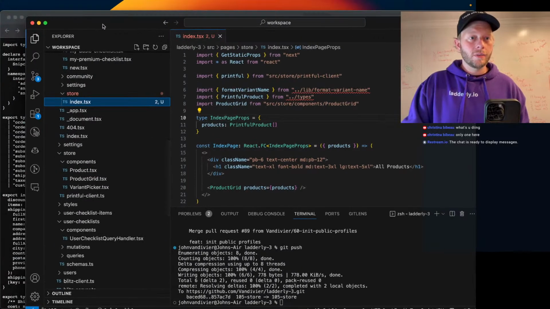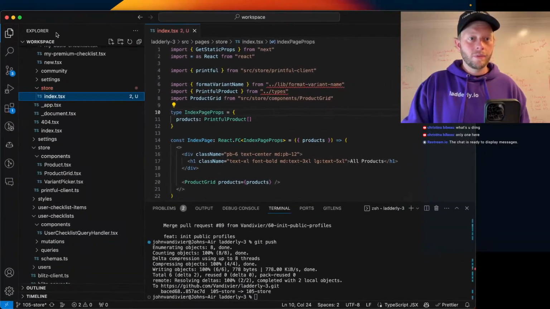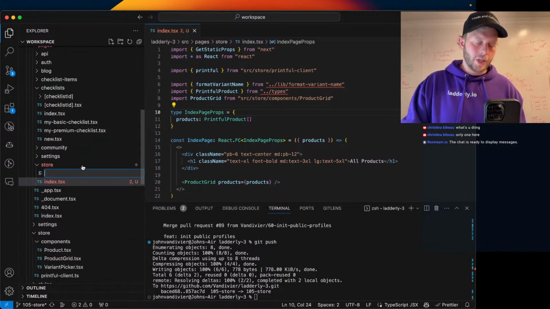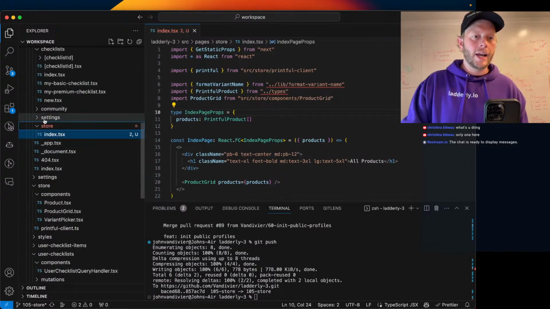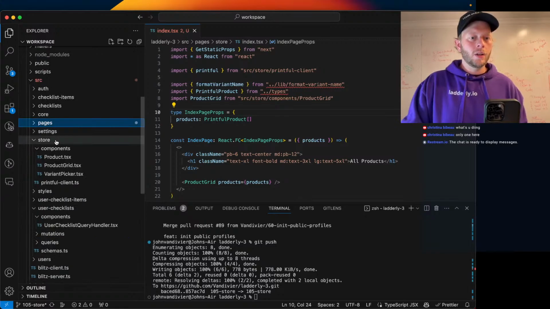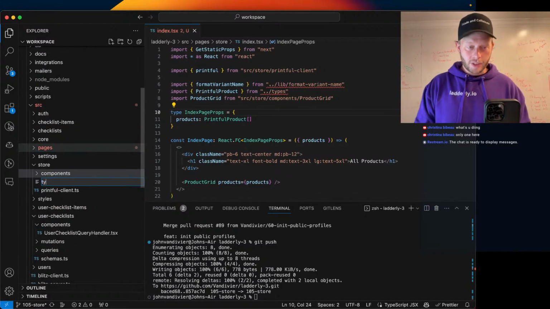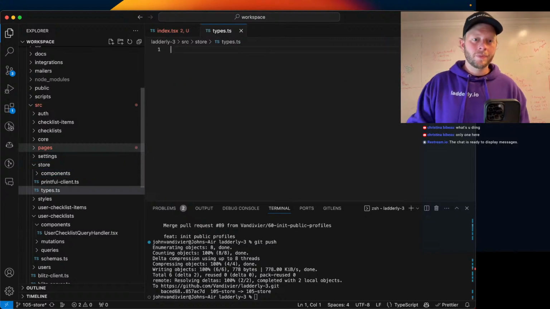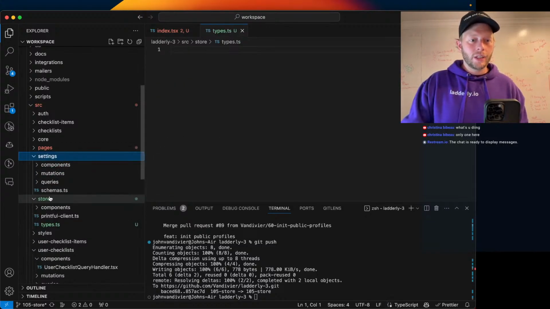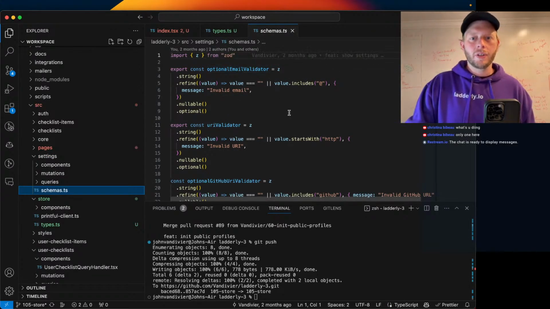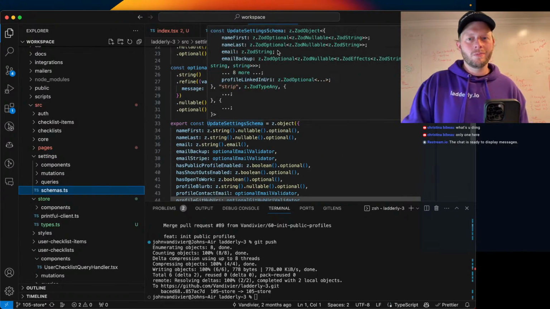So over here, we got the store, make a new file. Oh, I don't want it under pages. I want it outside of the pages directory. So we go to the other store. Here we'll do a new file, which is types.ts. My other ones are calling it schemas, but that's a little bit different because it's Zod validated. So